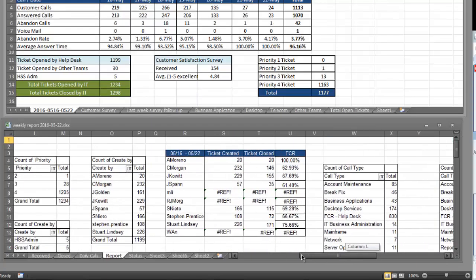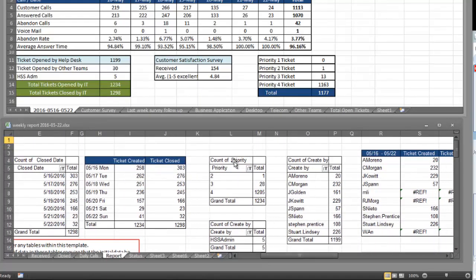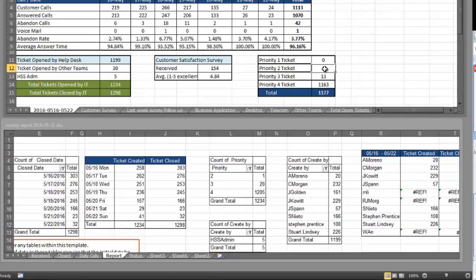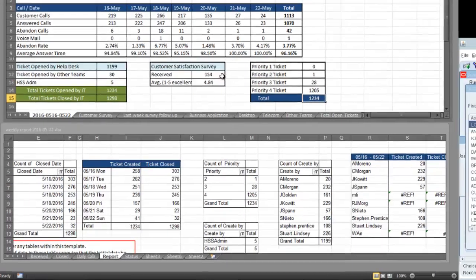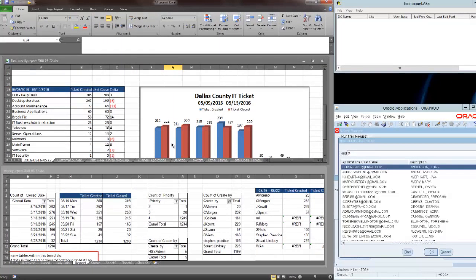so our next one that we're going to fill in is a call priority count. So this week we had 1 priority 2. So we're going to put that there. It's already got it. Next one's priority 3. We had 28 of those. Next one is 1205. Priority 4. That one auto calculates, so just make sure the numbers match. 1234, 1234. Okay. So let's go down here